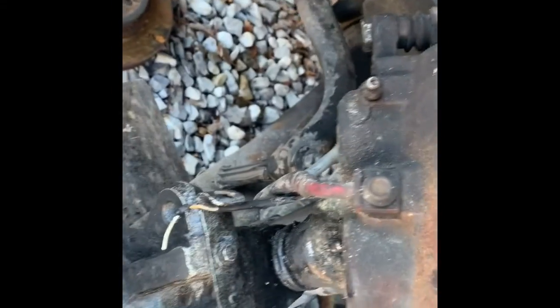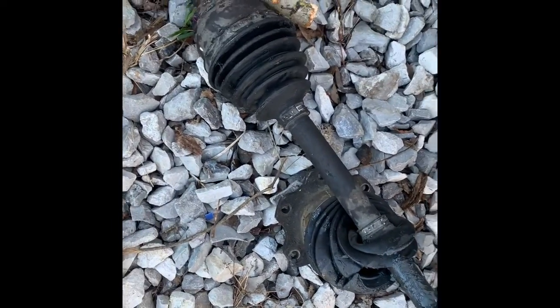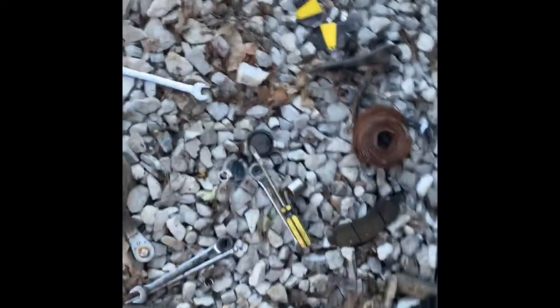We're getting it. Got that on, got the tie rod on, upper control arm, wheel bearing. There's a brand new axle. Here's the old one. It's still good, ain't it? But now,